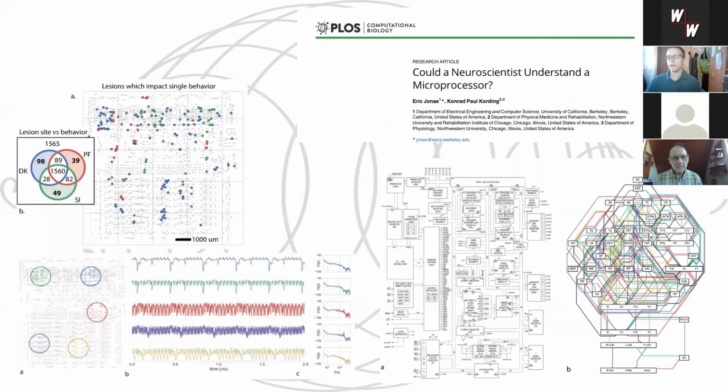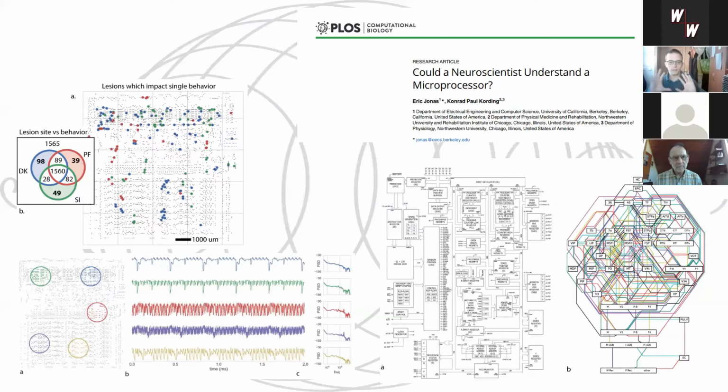The first example that I want to show you is this actually very funny paper. I had some good laughs reading this. It comes from Konrad Körding, University of Pennsylvania, I think, of Chicago. What he has done is he took a microprocessor and tried to understand the way the microprocessor works using neuroscientific methods. The beauty of this is that for a microprocessor, you actually know the ground truth, right? So you understand how it works on every level. It is complex, but still humans are capable of understanding this.